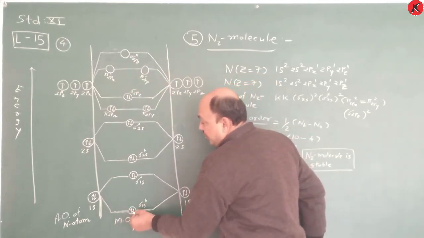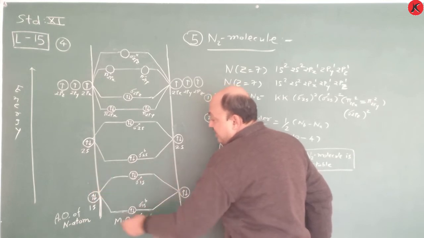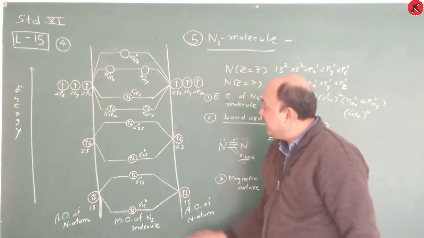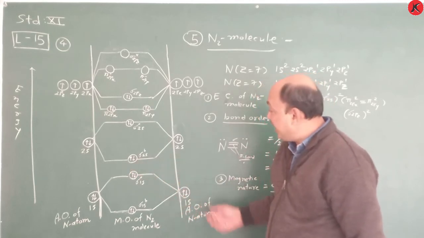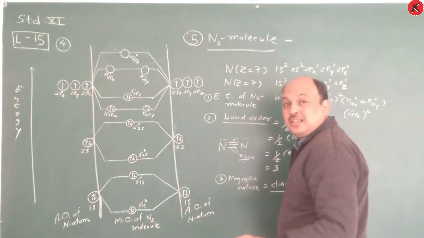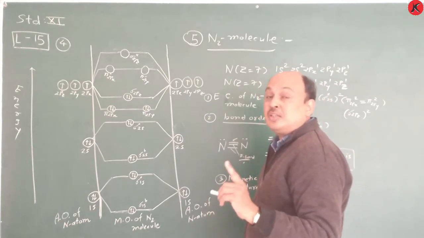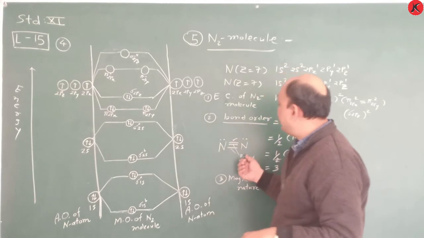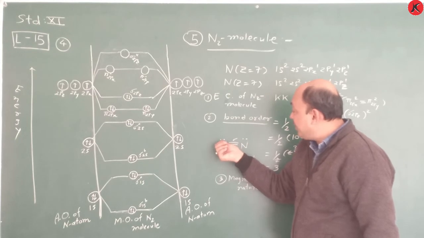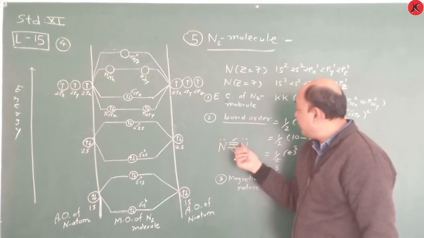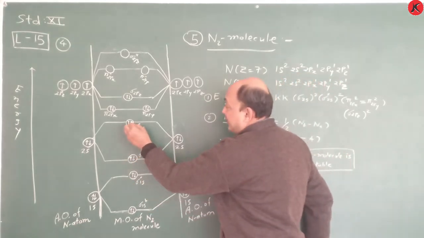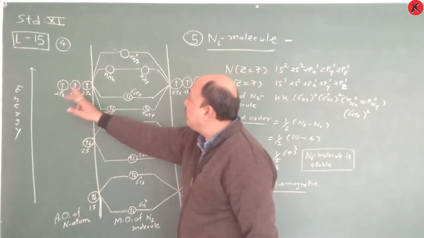Here sharing of electrons is there, so 2 electrons here, 2 electrons here, and that's why we consider the K shell, the first shell, as completely filled, and that's why they do not take part in the formation of bonding. This 2s2 is also there, and that is considered a lone pair of electrons. Just see it in Lewis dot notation, which you have already learned. Between the nitrogen atoms a triple bond is there, and 2 electrons are there. Here 2 electrons are a lone pair of electrons, and here 2 electrons are a lone pair of electrons. So these are 2 electrons. This is another electron, this is another electron, and now just see 2px, 2py, 2pz.